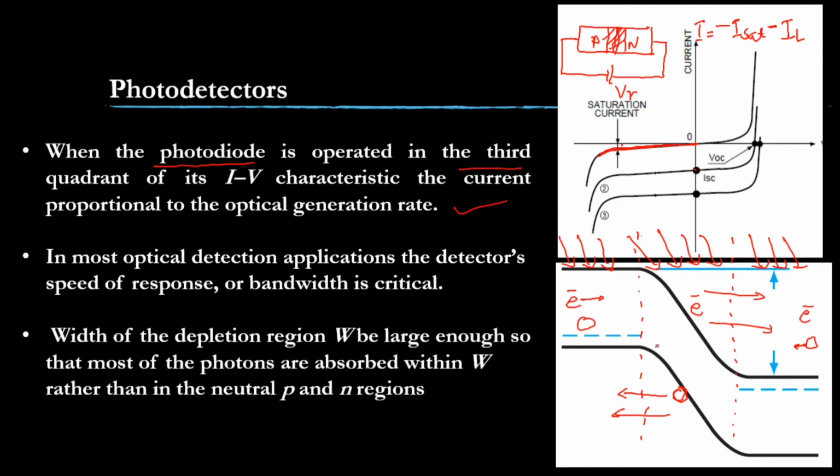The electron hole pairs are created, and definitely there will be a strong electric field. Because of the strong electric field, these electrons and holes are going to be separated and collected at the anode side and cathode side. So there will be an external current, so that we can detect there is light falling. We can detect the light fall only if there is a current flow in the external circuit.